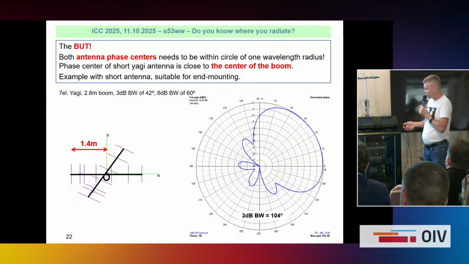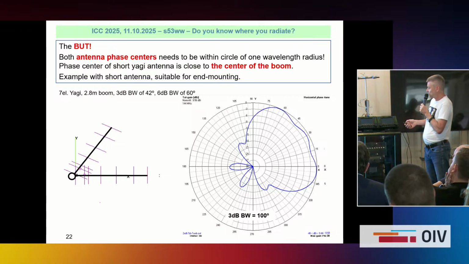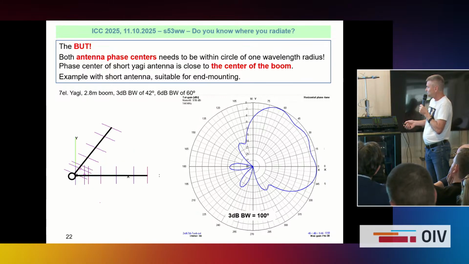So you have to move this mounting point. It has to be moved back. So if you move it back, what happens? You see that you start seeing a ripple in this very nice radiation pattern here. You start seeing a ripple. If you go even further back,